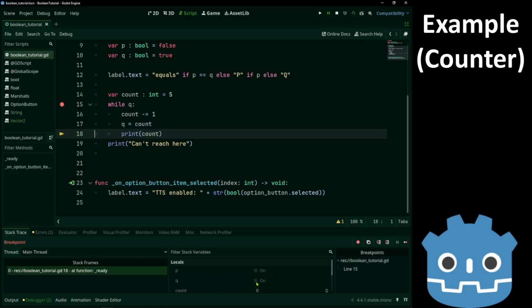We set it to false, but we continue with the rest of the loop. So we also print 0 before breaking out. Once the while body has finished, it checks the value of q, sees it's false, and then we go outside.